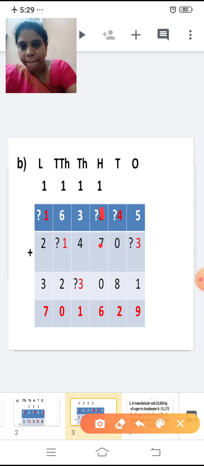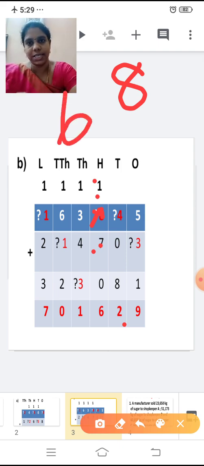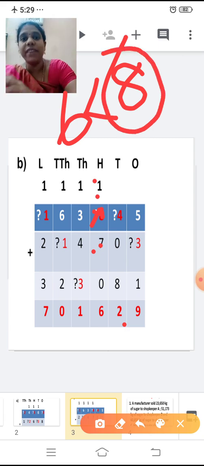7 plus 0. So this one I should carry over, right? 8 plus 4 is 12. 2 I've written here. 1 is carried over. Don't forget to add the carry over, right? So now 1 plus 7 is 8. 8 plus 0 is 8. So with 8, the sum is 6. The unit digit I have to get as, since it is less than 8, so I have to add with 8 one more number in such a way that the unit place is 6.